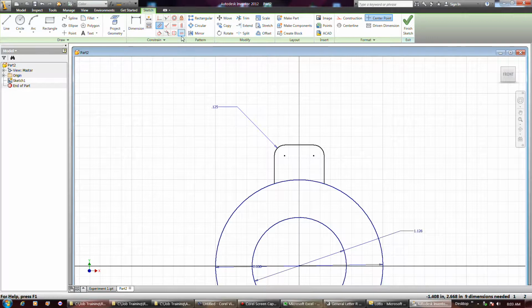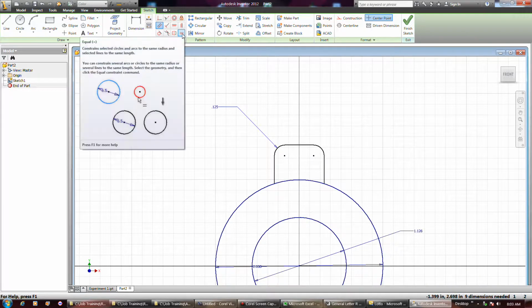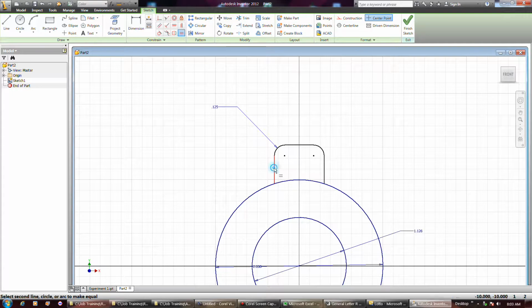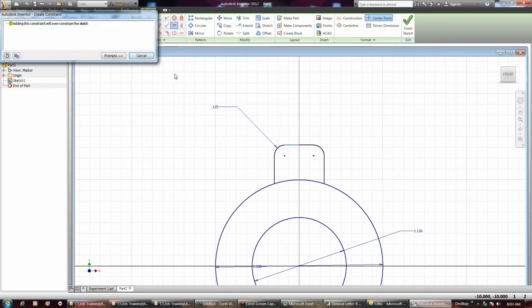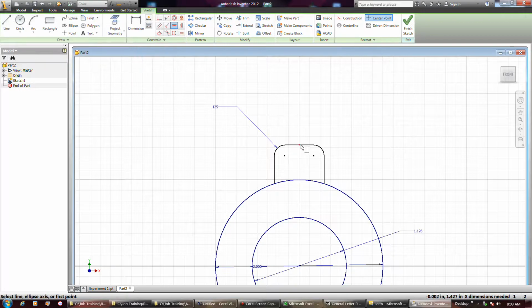Okay, and then I'd like to also make sure that they're always equal. And then I want to apply a horizontal constraint to the, okay, adding this constraint will over constrain the sketch. Alright, well